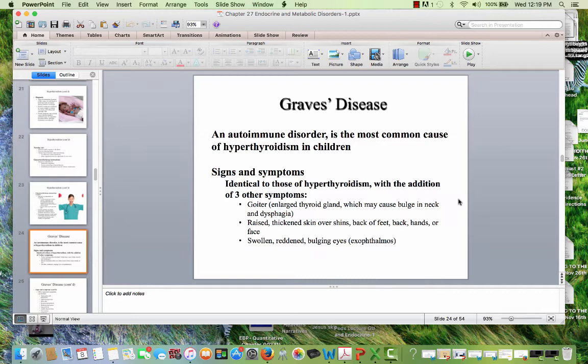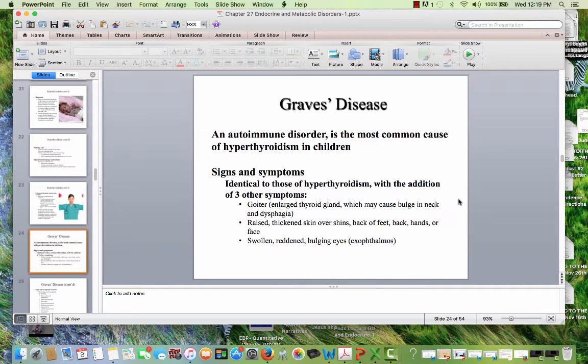It's an overproduction of the thyroid hormone, so it's more of the hyperthyroidism. It occurs most frequently in teens between the ages of 12 and 14 and tends to be familial. The manifestation period is usually 6 to 12 months. Signs and symptoms are identical to those of hyperthyroidism with the addition of 3 additional symptoms: